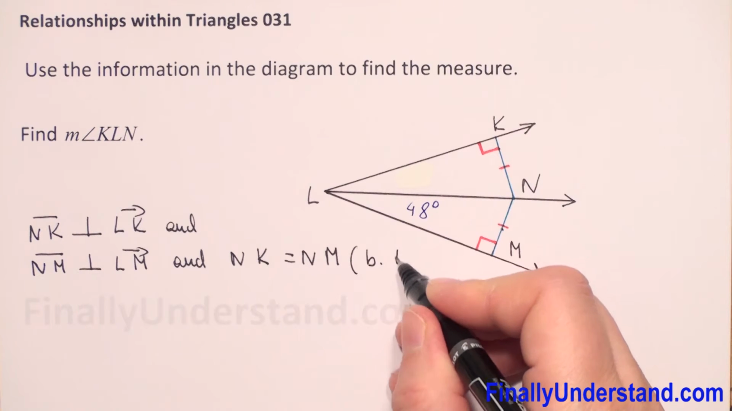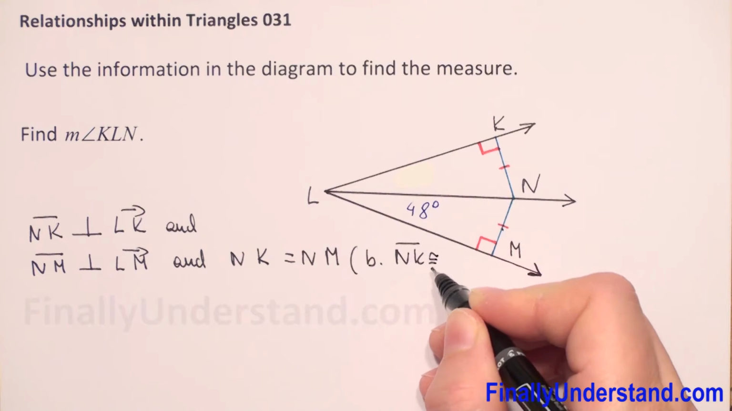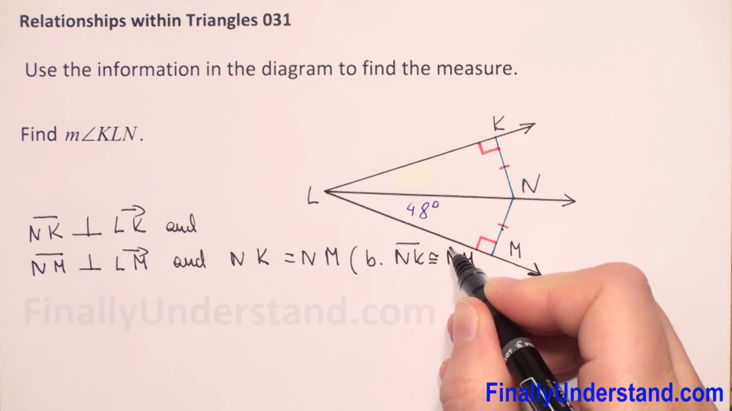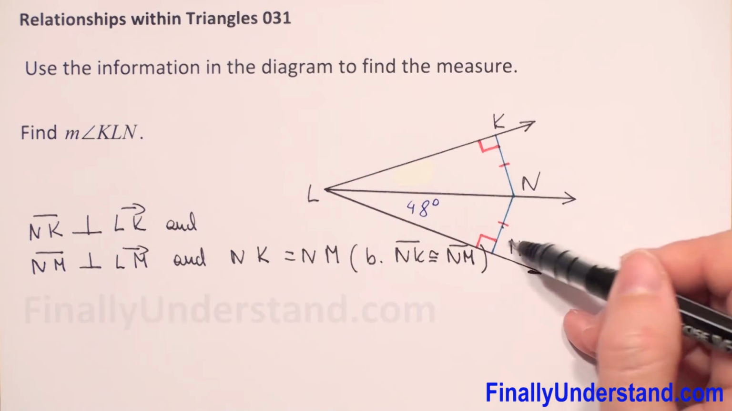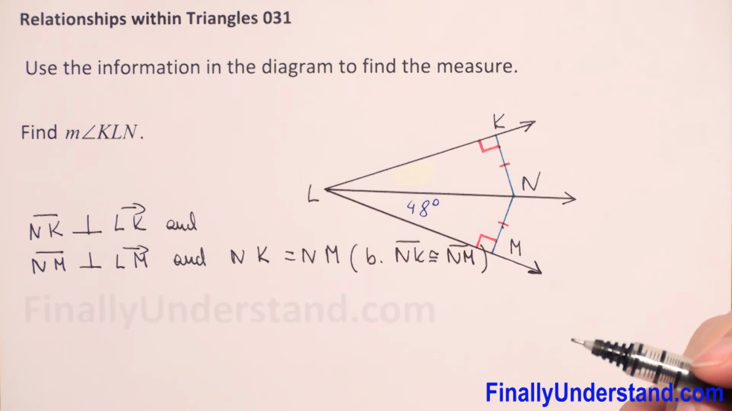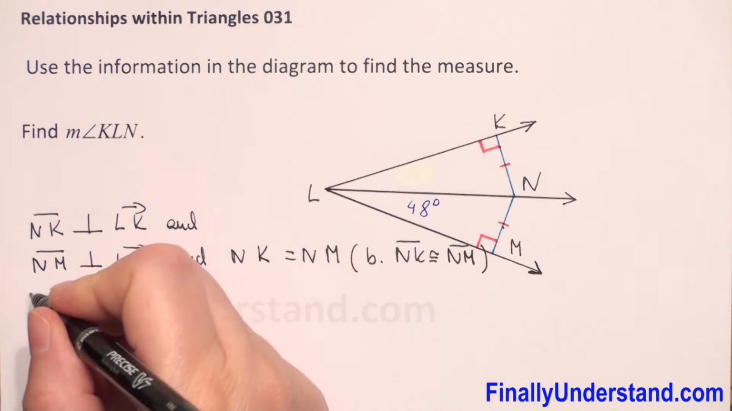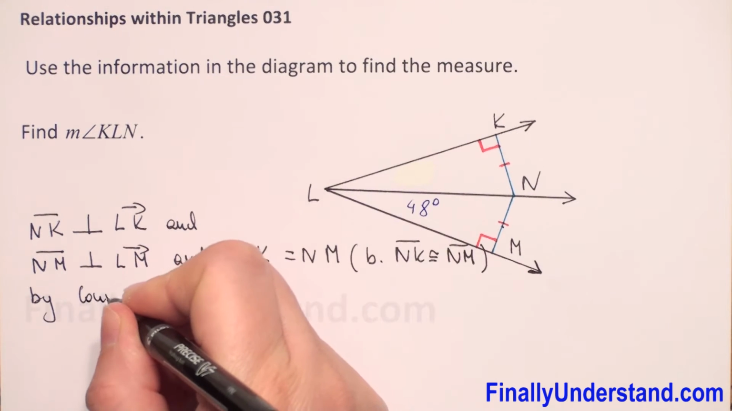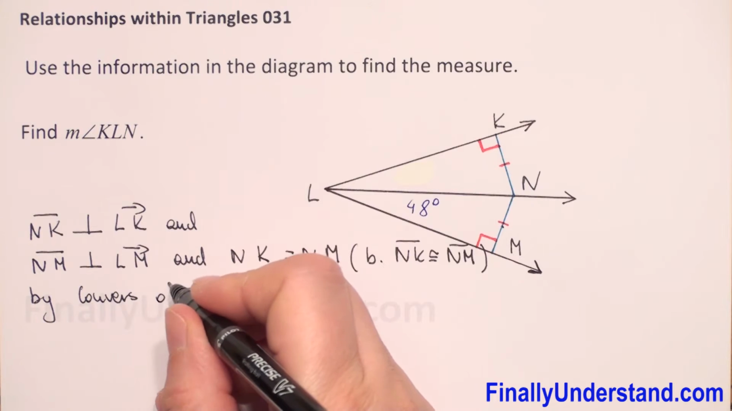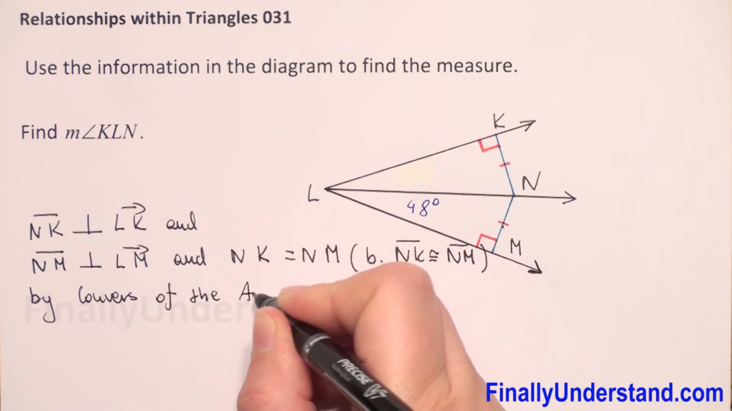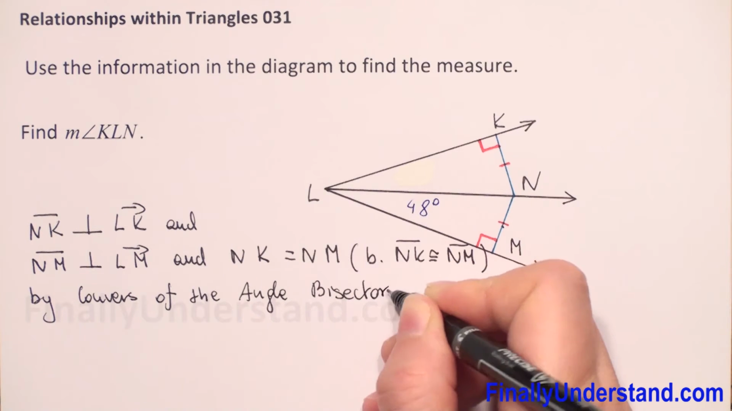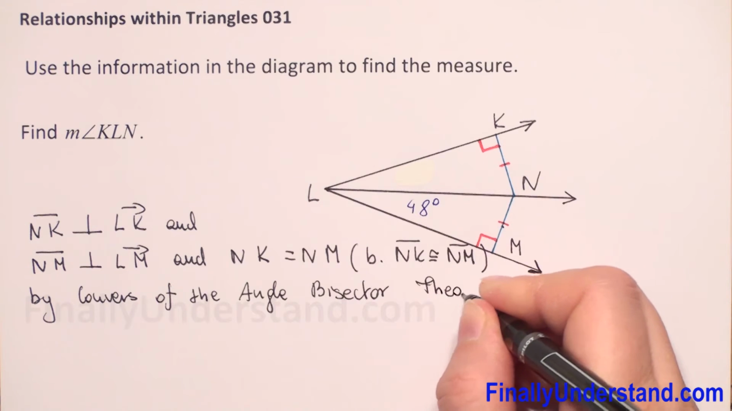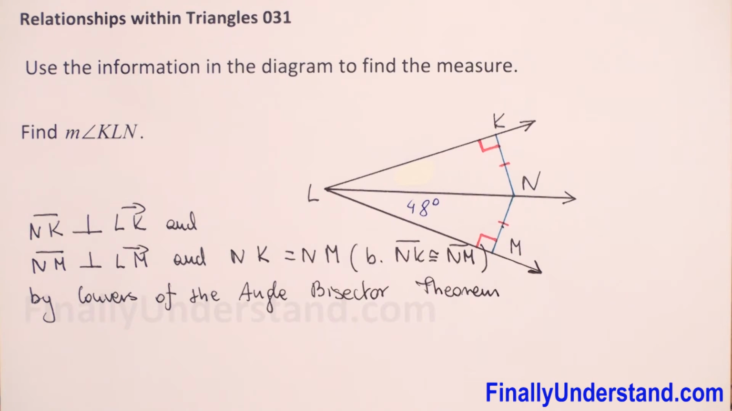Because NK segment is congruent to NM. We have these red marks, so it means that these two segments are congruent. So now, by the converse of the angle bisector theorem, we have that